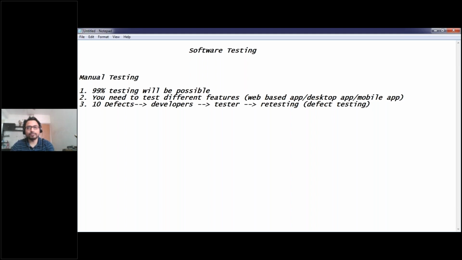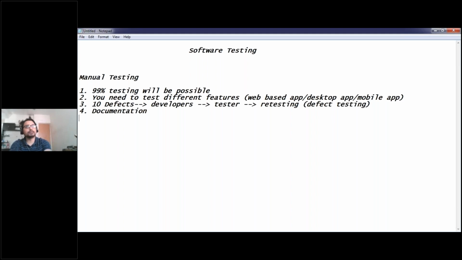Why? Because defects are very random. Sometimes you will get 5 defects, sometimes 10, sometimes 12, and the defect specification is quite different. Sometimes you will get a defect in leave approval, sometimes in the user management page, sometimes in the organization page. You have different pages and different features in your application, so the defects will vary. Whatever varies or is dynamic cannot be automated. So that is the part covered in manual testing. Apart from manual testing, there is a documentation part.